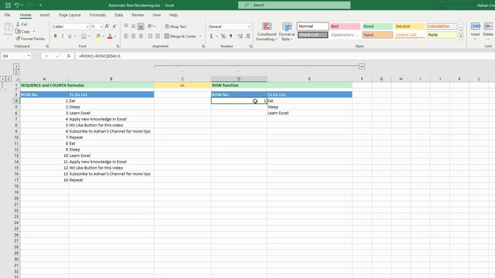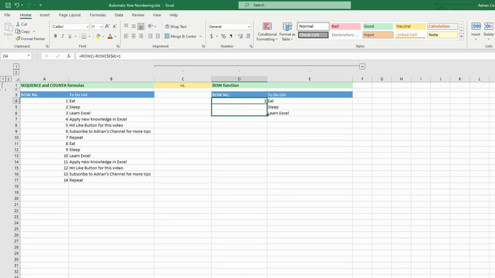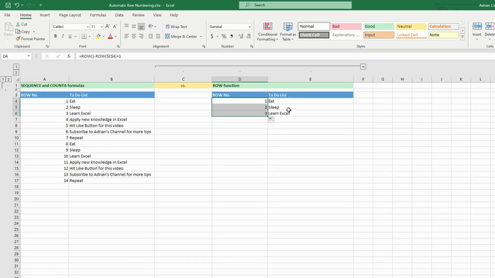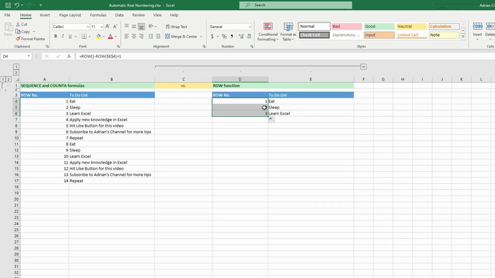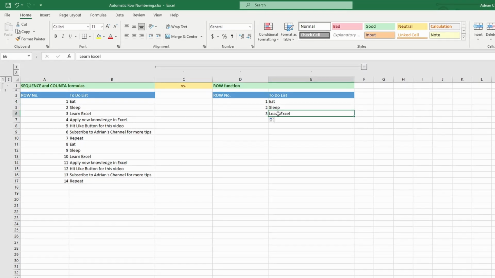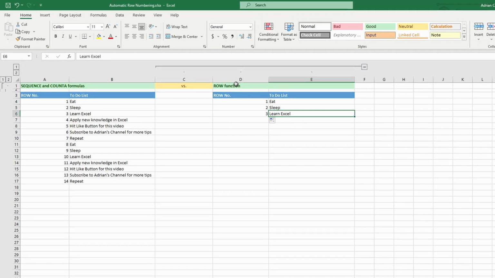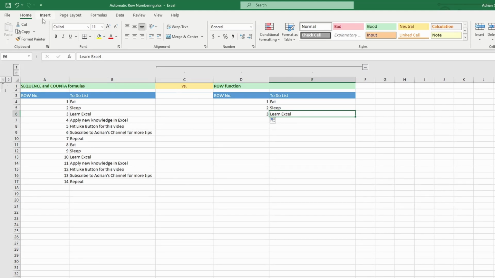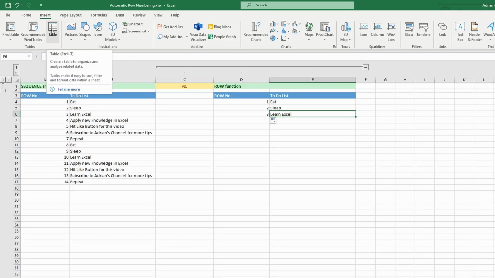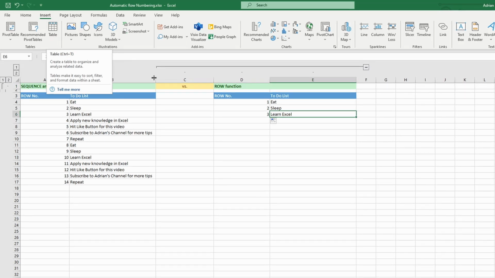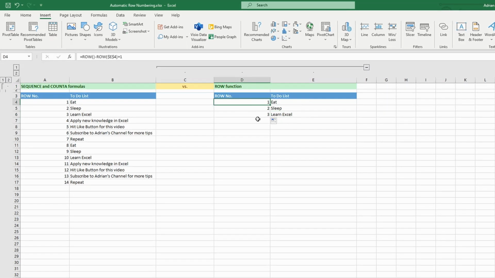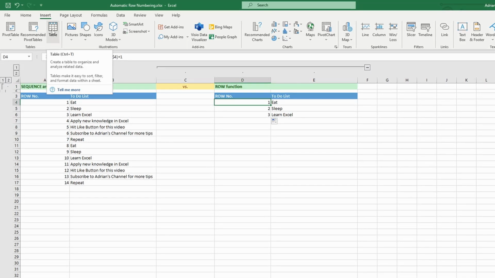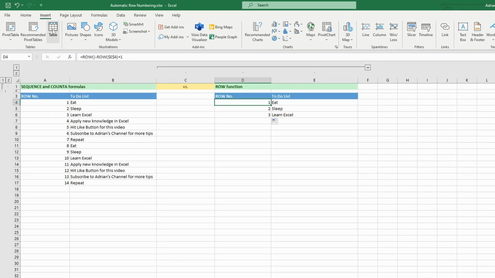The only drawback here will be that I have to drag again the formula for each to-do list item. To fix this, there is a solution to transfer the second table and to format it from menu insert with the button table. Ensure first that you have selected one cell inside the second table before formatting it as a table. There is also a shortcut, Ctrl+T. I'll use the button